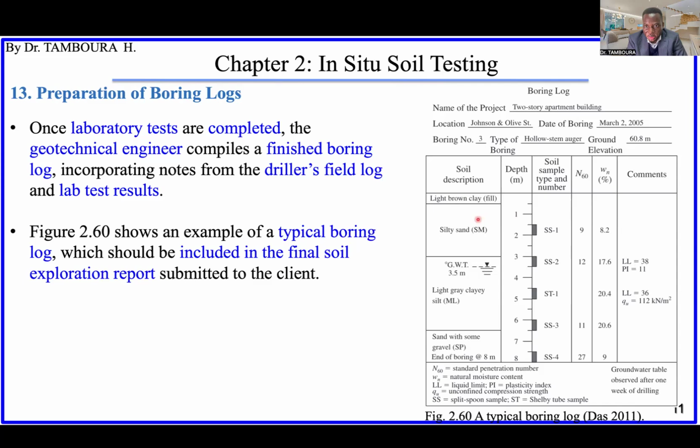You can do it differently. There are different models, but if you are in charge of the site investigation, this kind of thing is very important. You should take care of it. Okay. Next,